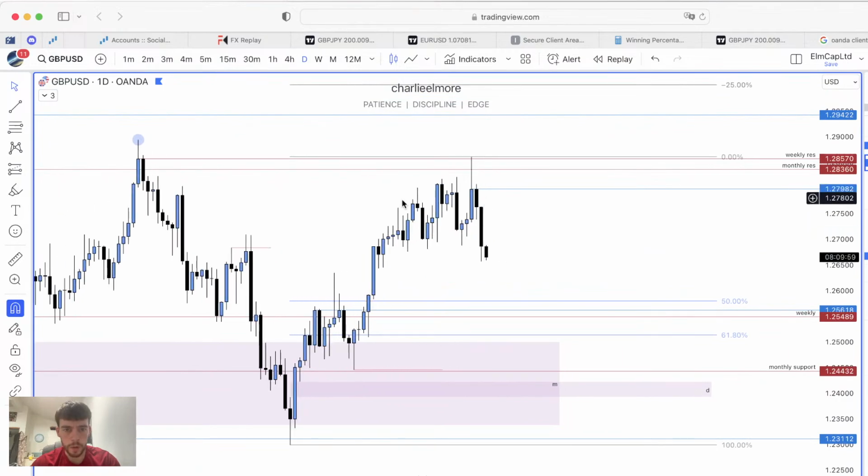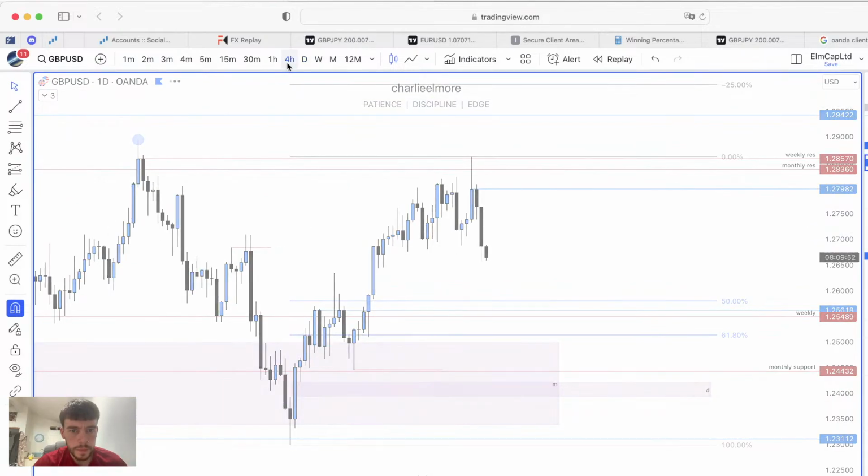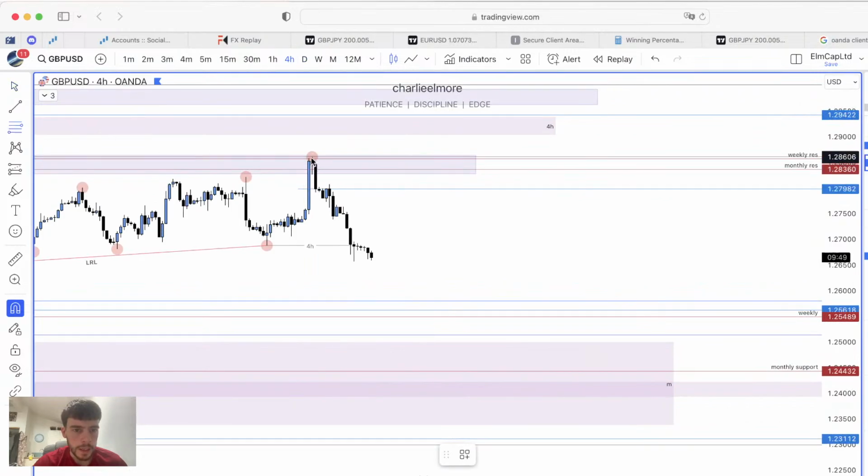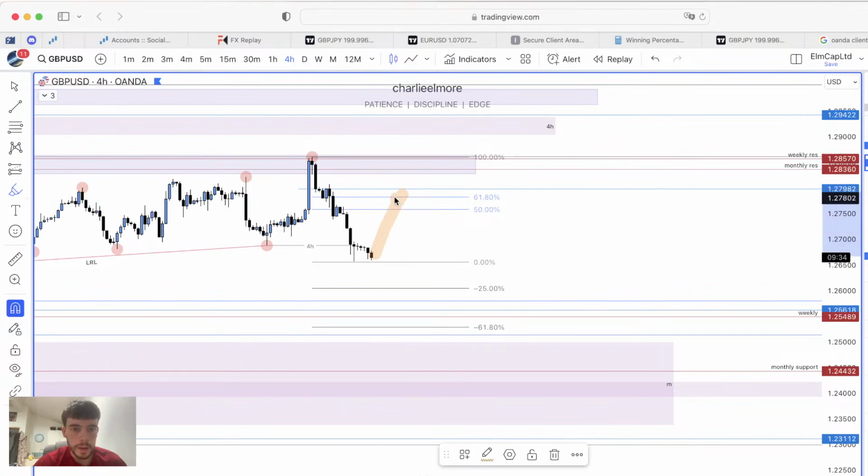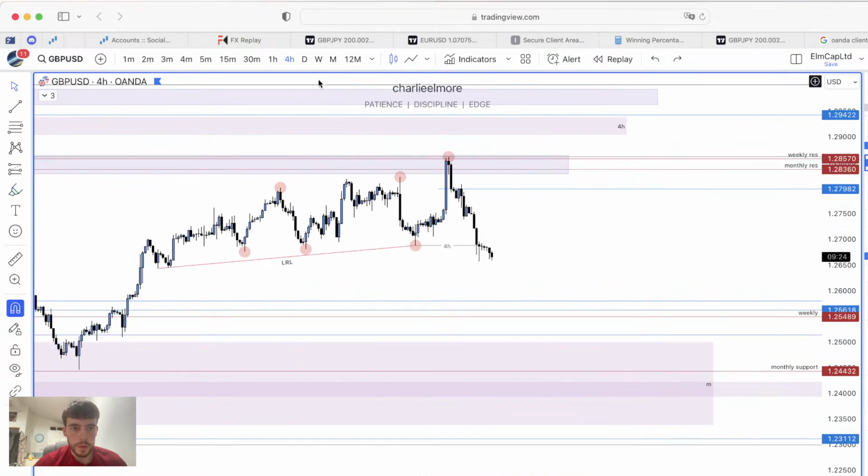Got that on there as well. The reason why I've got that on there is because this now technically is within a premium of this leg to the downside. So from that high down into the low, we've got that in a premium. So if price decided to come up into there, that could be a nice area to short back down into here, or just within that region. Okay, so that's pound dollar.